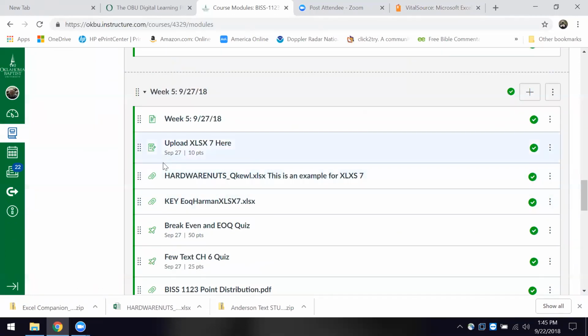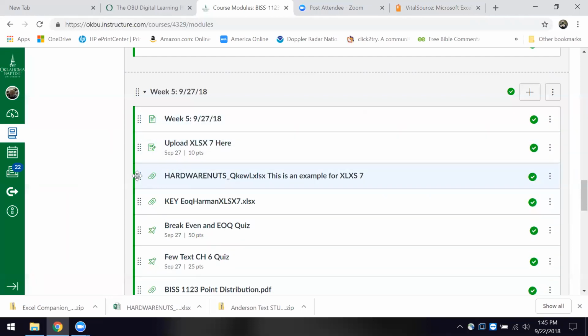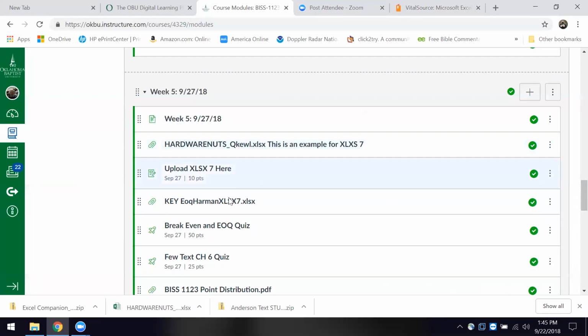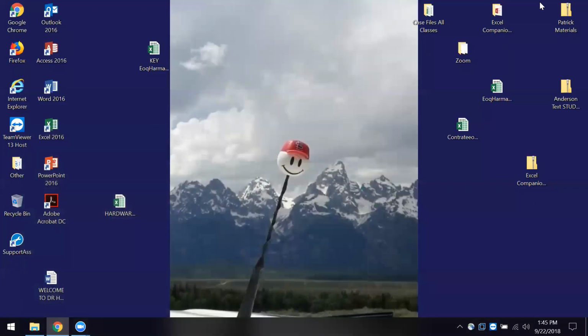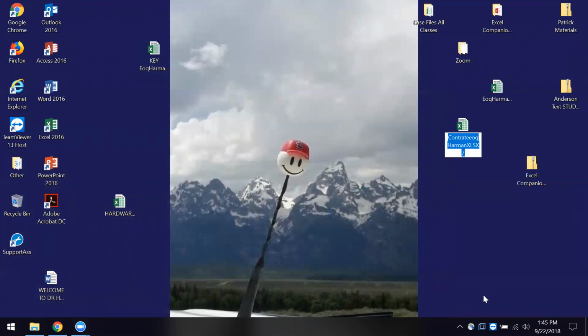So I've got the example. I'll put the example up above. I've got the key for the EOQ. And then let's look at the economic order batch. This is a different side of things. Okay. And I'm going to rename this right now. Key EOB Harmon